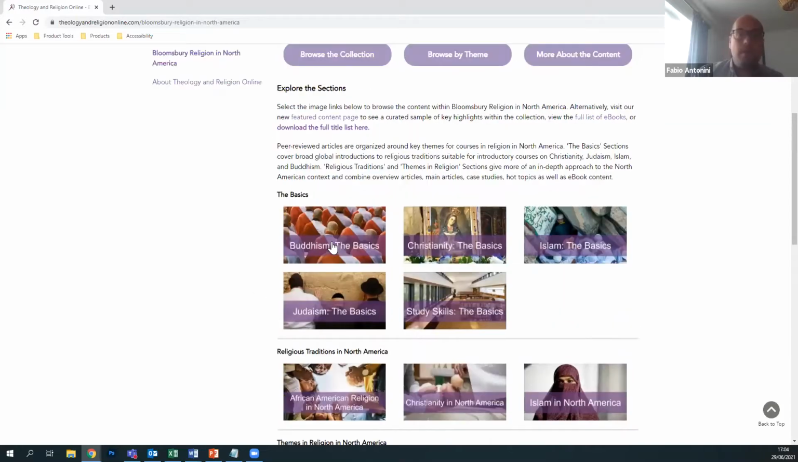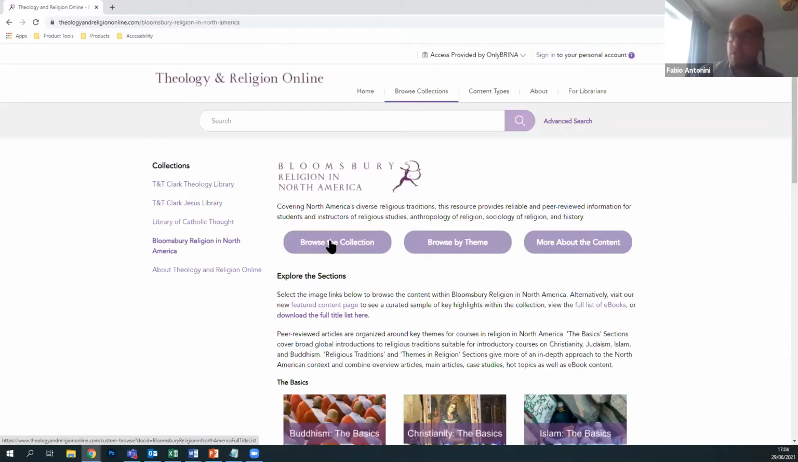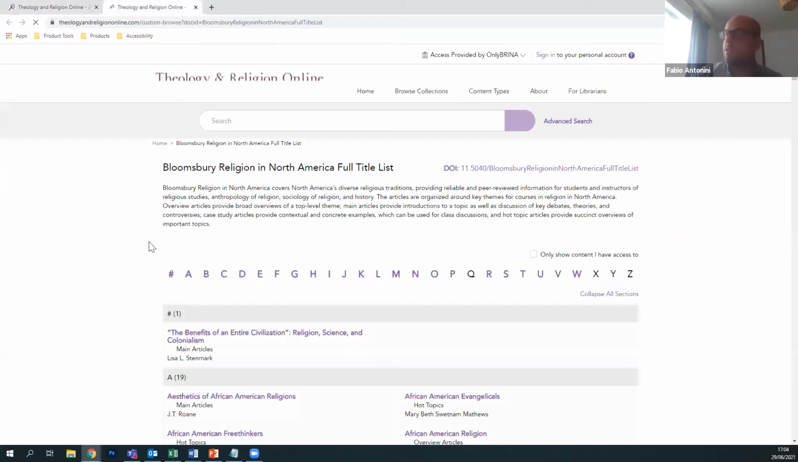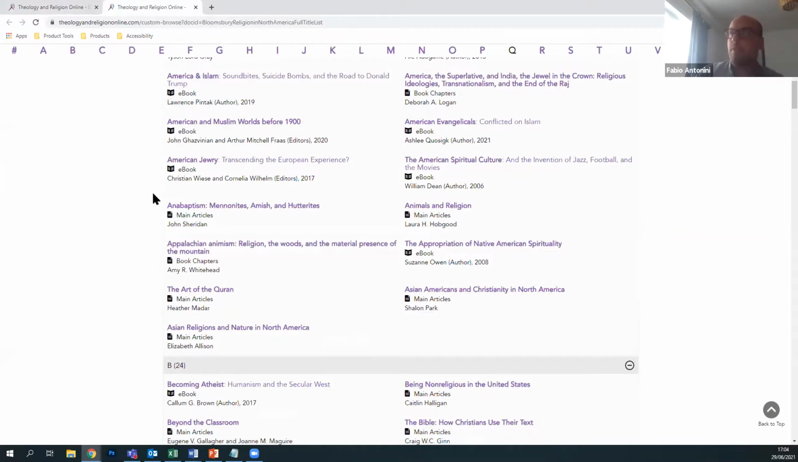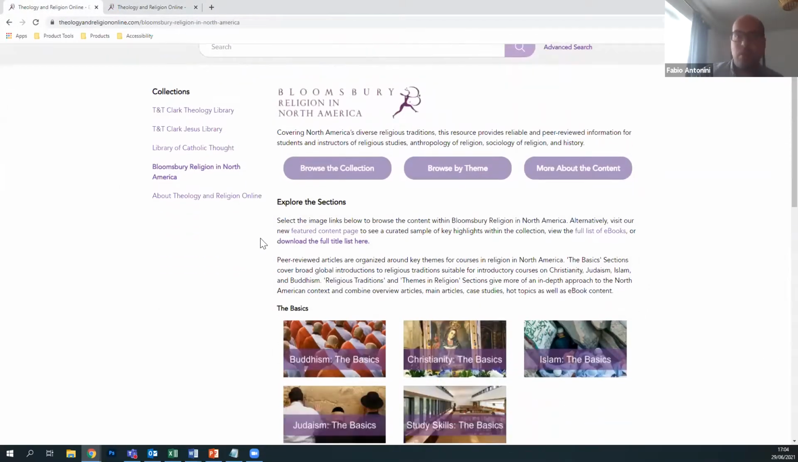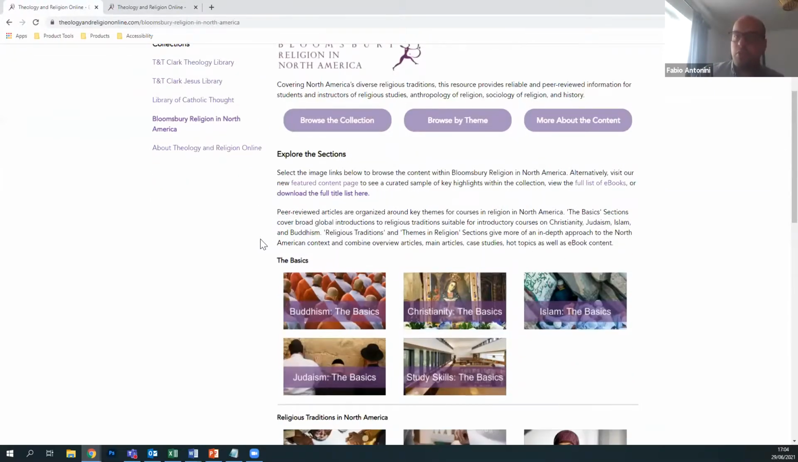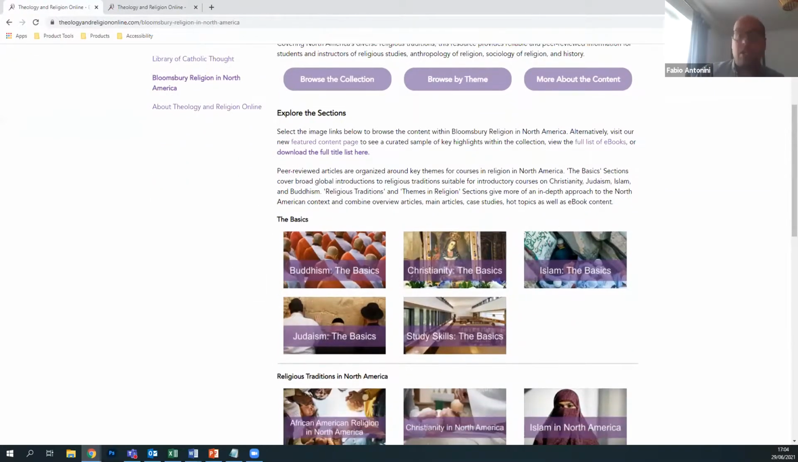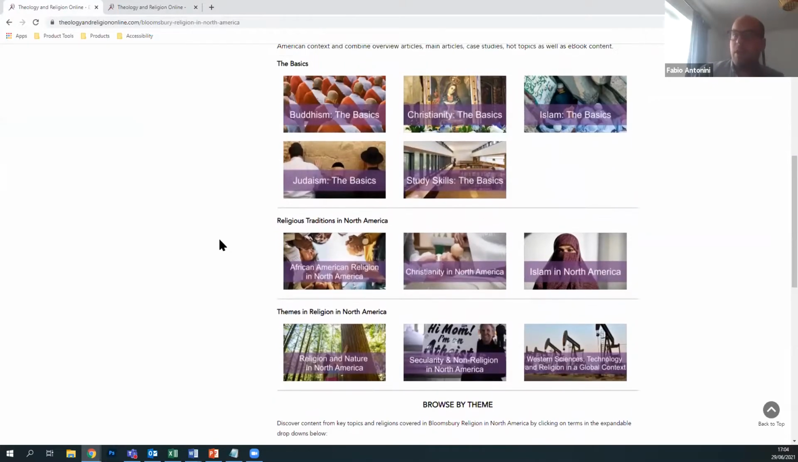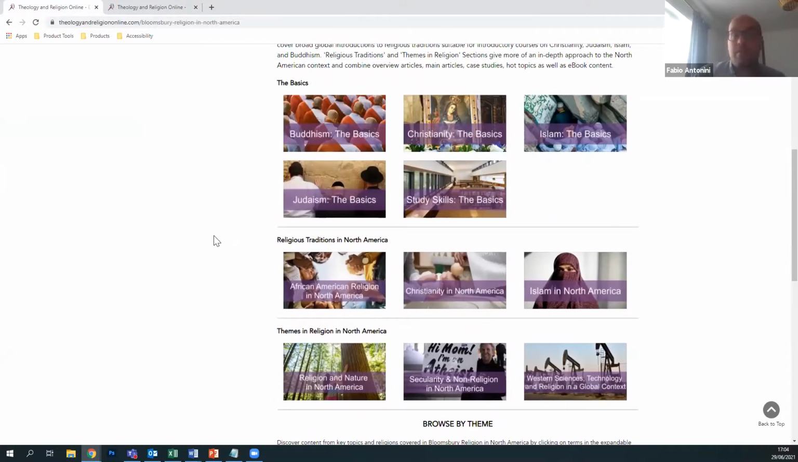You can view the full article and ebook title list by selecting the Browse Collection button here, and you'll be presented with a list of all of the articles and ebooks available on the collection. Or you can use the landing page to scroll down to the different sections which are currently on offer on the site. So at launch, we have a range of introductory articles known as the basics on 4 major religions,